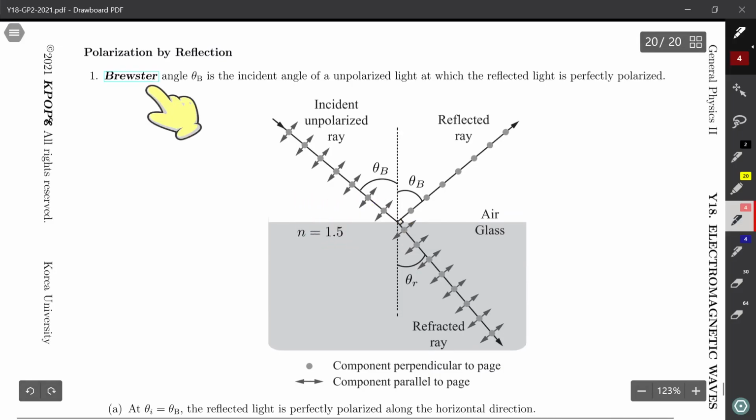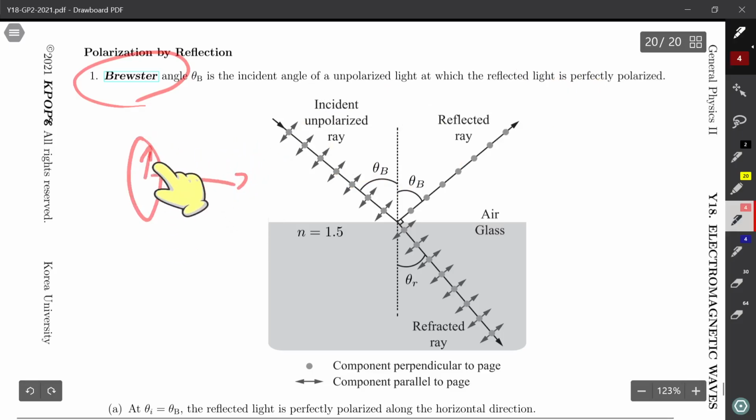And another important reflection phenomenon is the Brewster angle, theta B. Here, light has two polarization states. An incident unpolarized ray has a direction of propagation. Polarization can be in any direction on the xy plane when the light travels along k. However, at some angle, which is called the Brewster angle, only the light